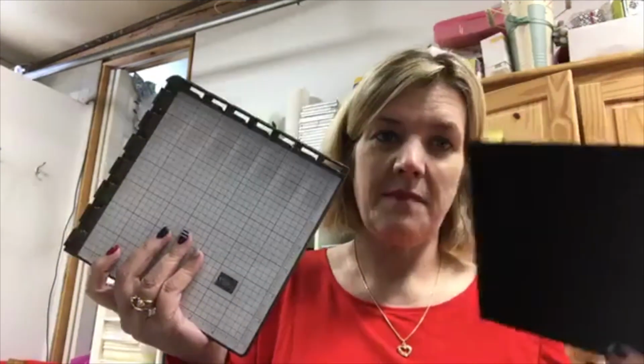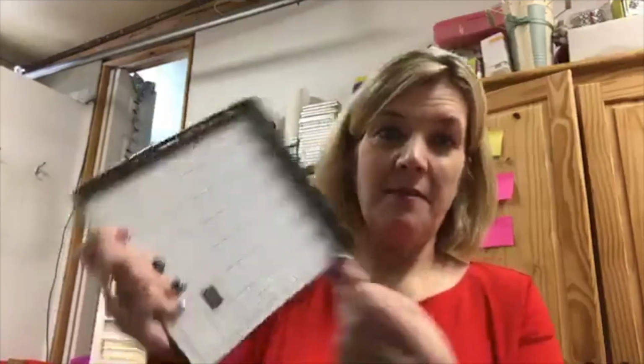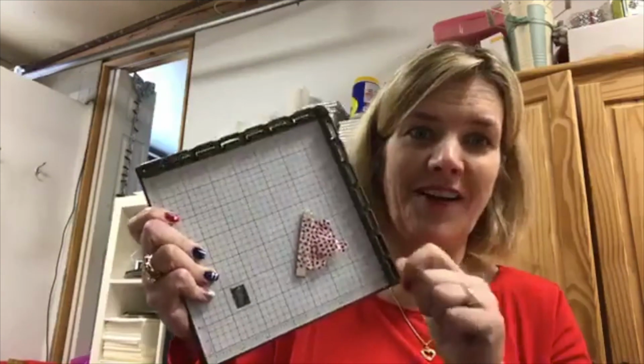So this stamping mat is when you're using photopolymer, and that makes the magnet even more strong. I better be careful or I'll be smashing up a...